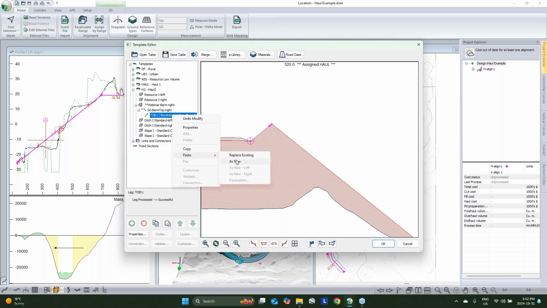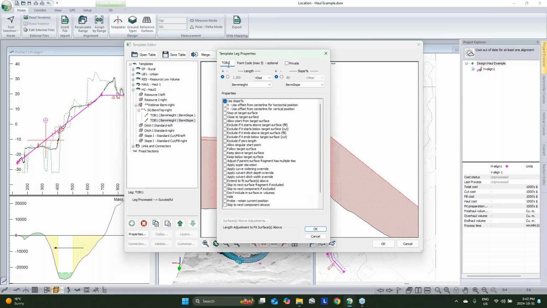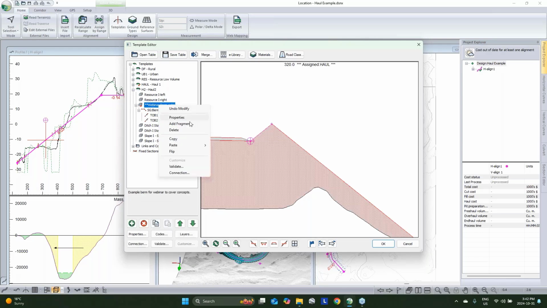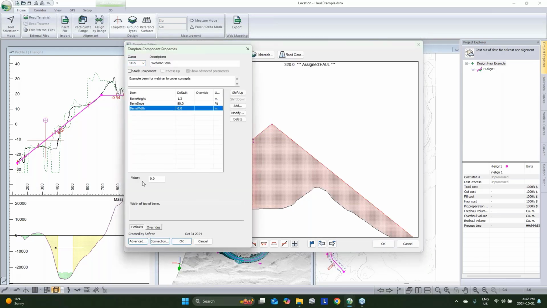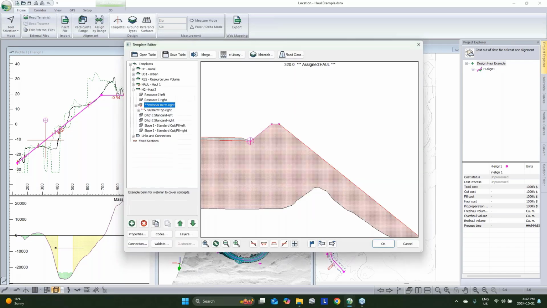We're going to add another leg to this fragment. I'm going to call this one TOB2. We're going to set it as horizontal distance, berm width. And here, I'm not going to use a parameter because I want that berm width to always be set flat. So no parameter, it's just going to be 0 slope. Oh, and here, I was wondering why didn't that appear? It's because I've got my width set at 0. So we'll go back down,